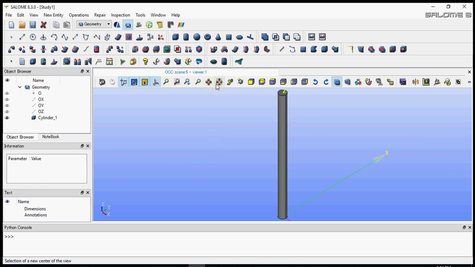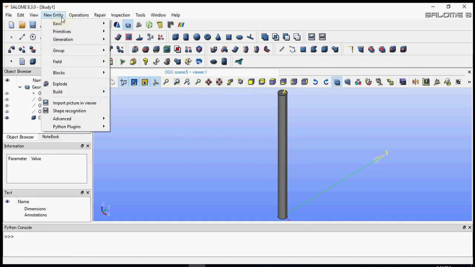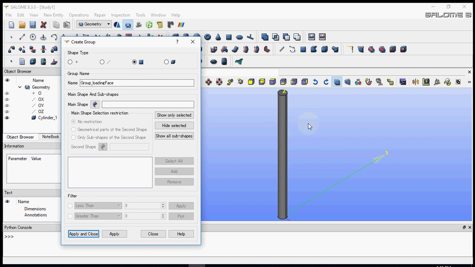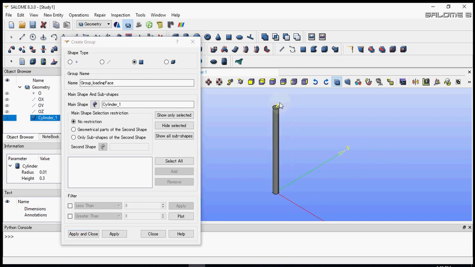That's all we'll need, but we'll also make a couple of groups. The first group will be of loading phase. We have to select the phase, add it,